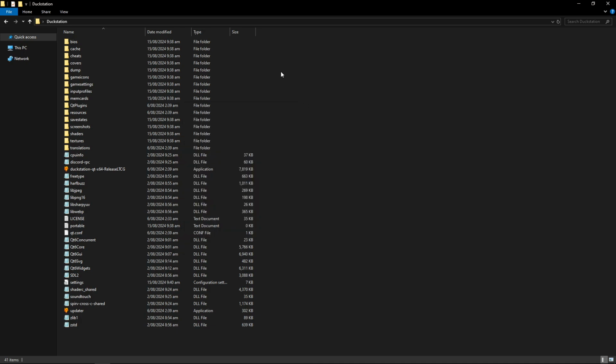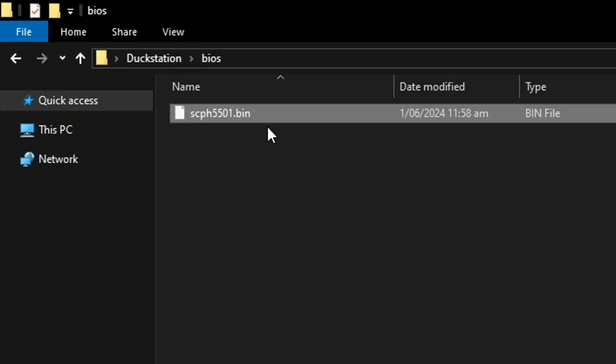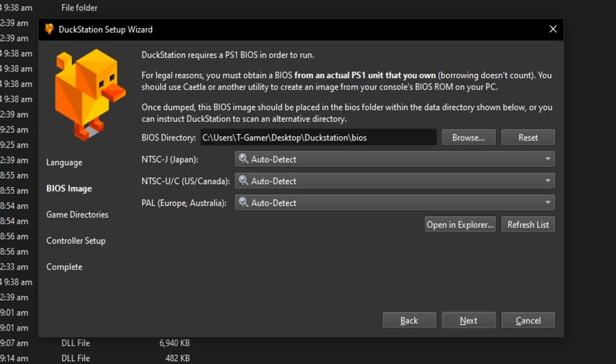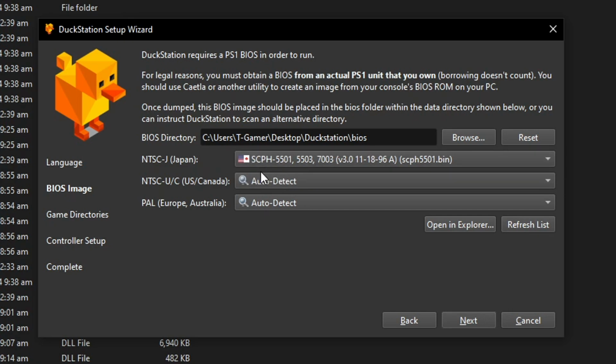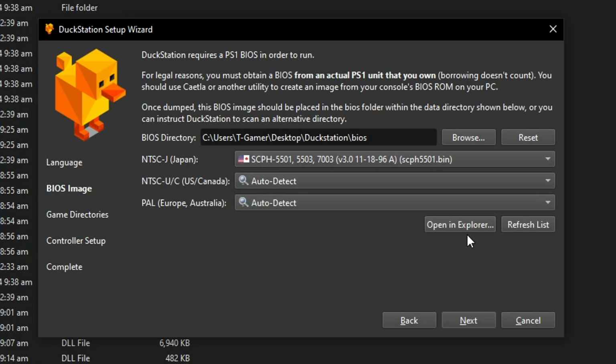By default, the BIOS folder is this one right here. So when you have the file with you, this is where you're gonna be dropping the BIOS file. And it should look something very similar to this one, a .bin file. And there are many BIOS files out there from different regions, but they will all work just fine. So when the file is in there, you're gonna click on Refresh List, then select the region of that BIOS file. The one that I have is the Japanese one right here, so I'm just gonna pick that one, but you can just keep clicking here until you find yours, and we can proceed now.